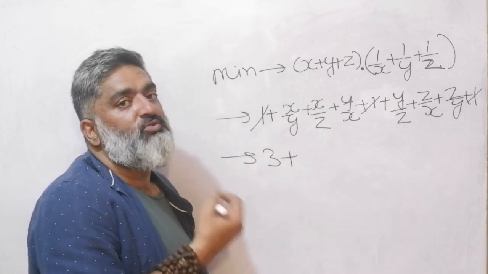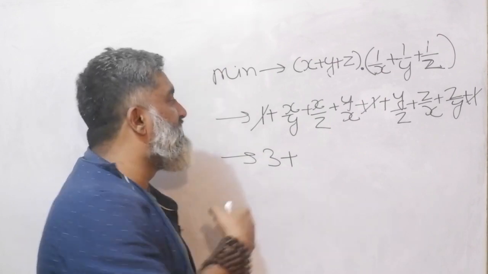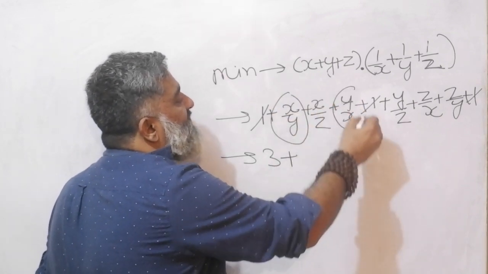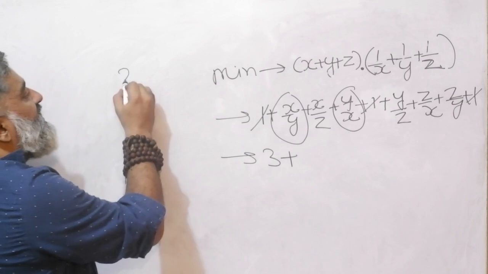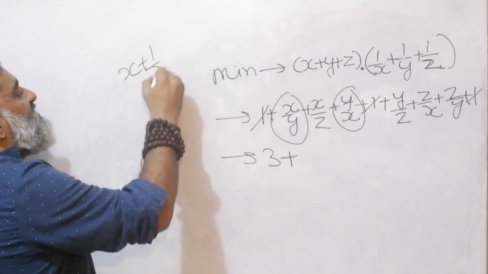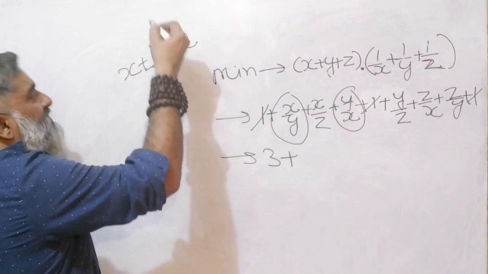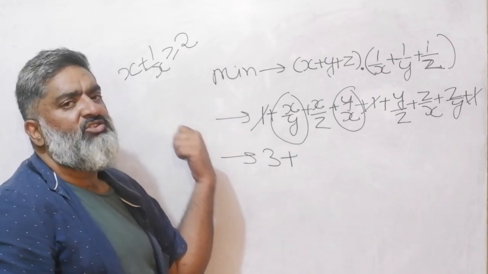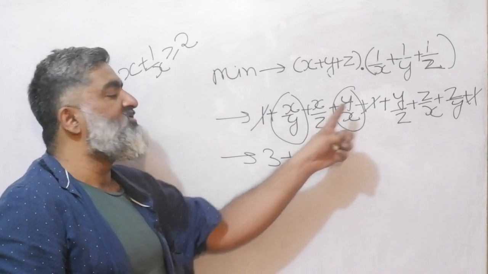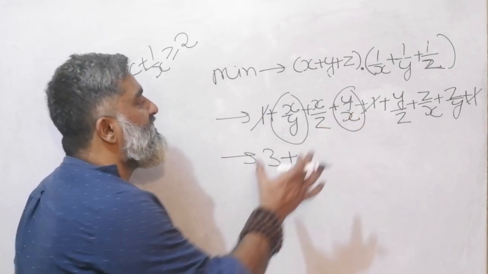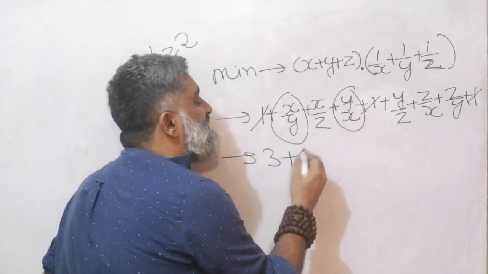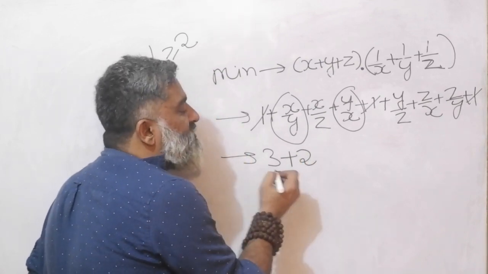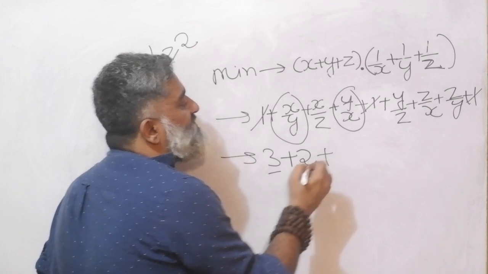And now I'm going to use that reciprocal concept that I learned previously. I notice that there is an x by y here and there is a y by x. Remember, we figured out that for any x plus 1 by x story, the minimum value of the sum is going to be 2. And then we also used it to form the x by y plus y by x story. So I'm doing the same thing. The sum of these two terms, the minimum value is going to be 2. The 3 was already there. Now there is a 2 as well.